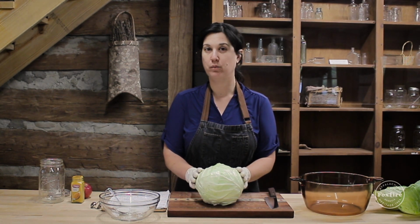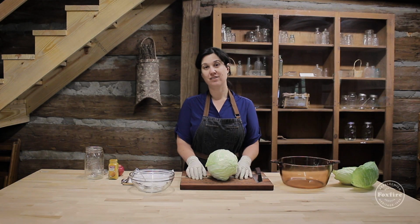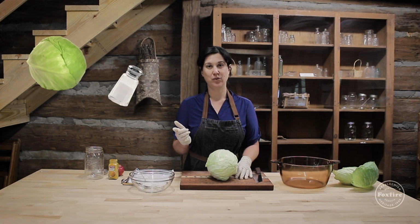But we want to show you how you can make sauerkraut at home, simply and easily with ingredients that are available to you in your home pantry. So the three ingredients that you need to make your own sauerkraut at home are cabbage, good quality salt, and